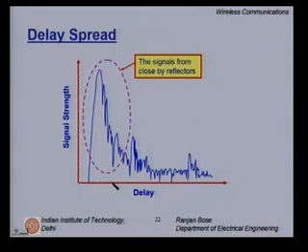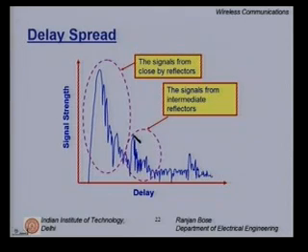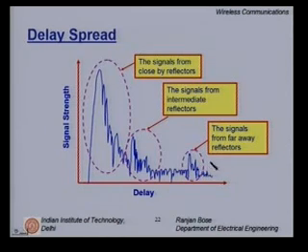If I get a reflection from a far away reflector, clearly the delay spread will be more because of those reflectors, because the path length is longer. So, here I see a couple of more peaks corresponding to intermediate reflectors, and then again some signals coming up from far away reflectors. It is intuitive to see that the signals coming from far away reflectors are also weaker as opposed to the signals coming from the nearby reflectors. They have traveled a larger distance, probably have gone through multiple reflections and then received at the receiver.